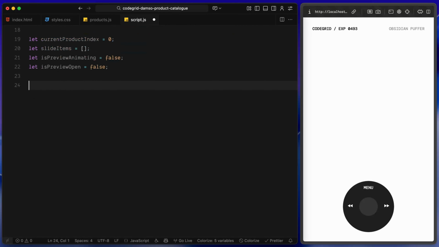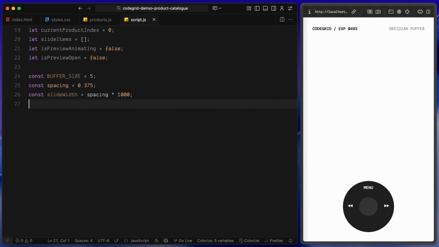Now we are defining some constants for the slider mechanics. bufferSize is set to 5. This is how many extra slides we'll keep on each side of the active product, so the slider feels infinite as we scroll left and right. spacing is set to 0.375. That's the relative distance we'll use to space out the slides. And finally, sliderWidth is calculated by multiplying that spacing by 1000. This gives us a consistent unit in pixels that will apply to the position of each slide during layout and